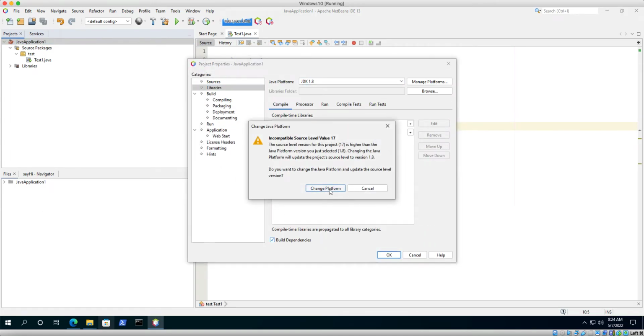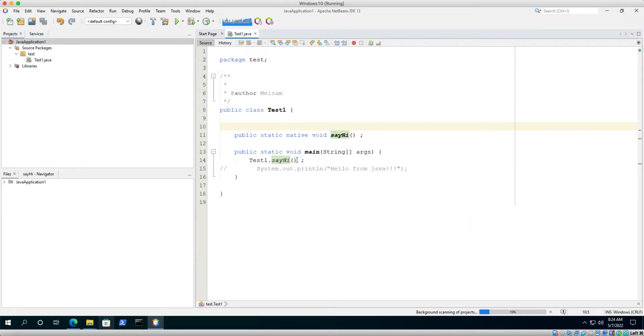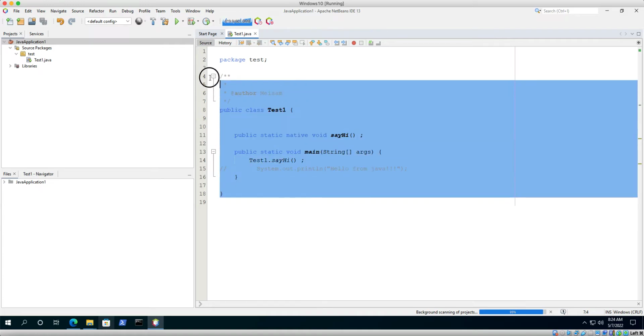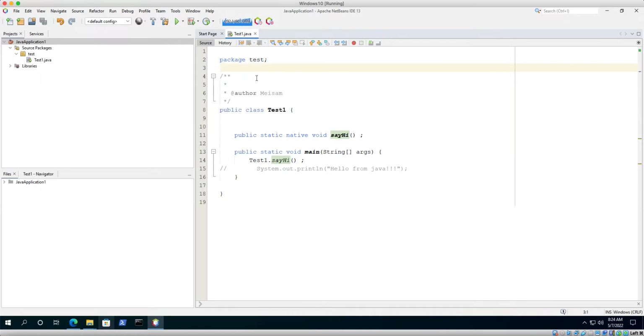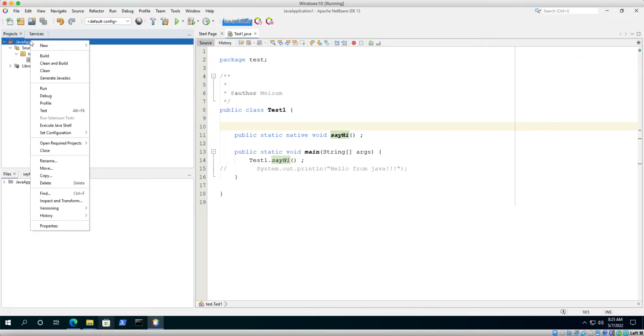switch to JDK 8. We're confirming that we're changing the platform, and note that it doesn't compile anything right now. We're just switching to this JDK 8 just to be able to use that C++ plugin and develop JNI application. So now that our platform has switched to JDK 8, we right click on the project, and then